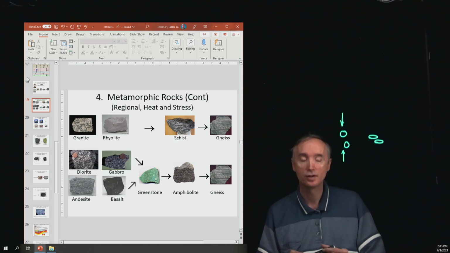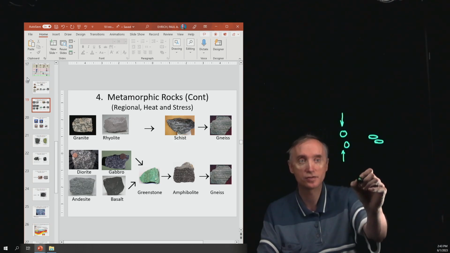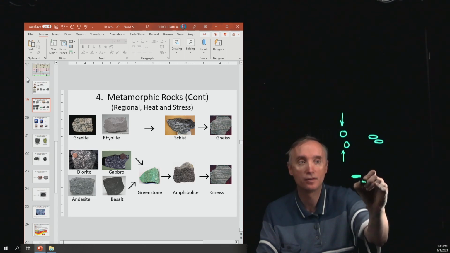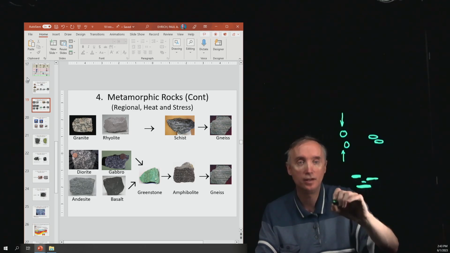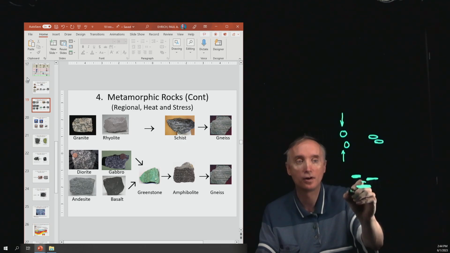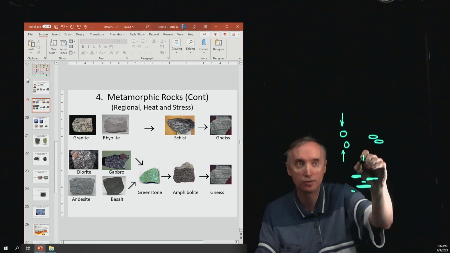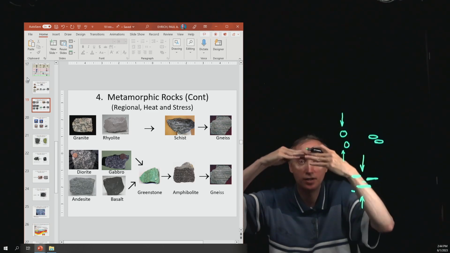And in a gneiss, you're going to have bands of minerals. So in a schist, you're going to have minerals. So let's say that this is a particular kind of mineral, and then this is another kind of mineral. Well, you're going to have a jumble of different kinds of minerals in a schist, but they're all oriented like this. So the pressure was being applied like this, and you can see that it caused them to change their